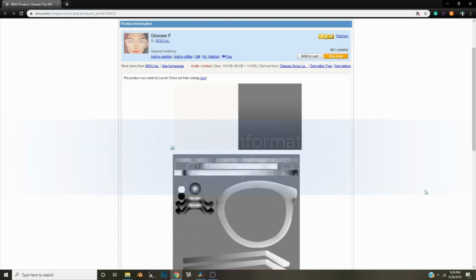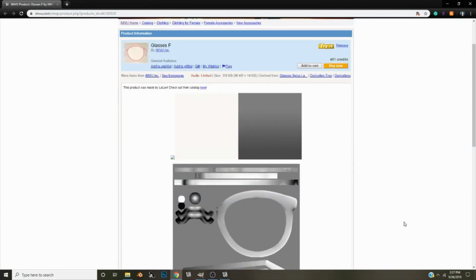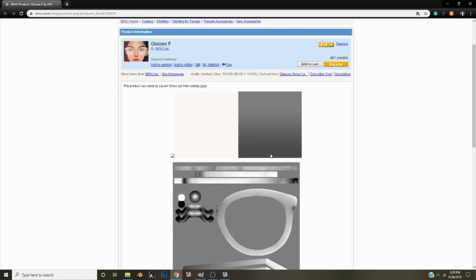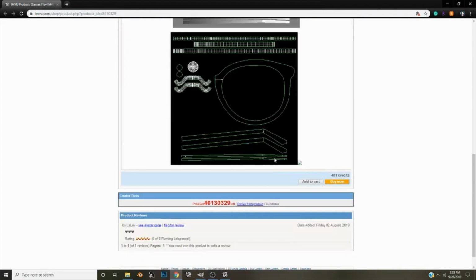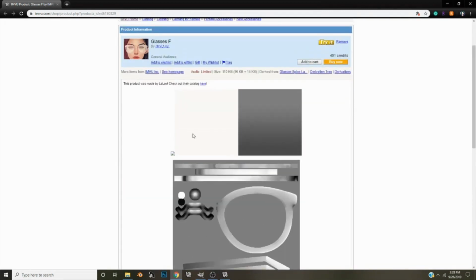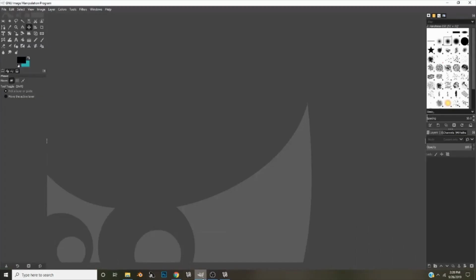But for right now, let's get started. Let's explore how to create female sunglasses in GIMP. Here we'll see on the product page all of the textures that you'll need to be able to create the product. So we're going to download these textures, and we're going to begin by opening GIMP